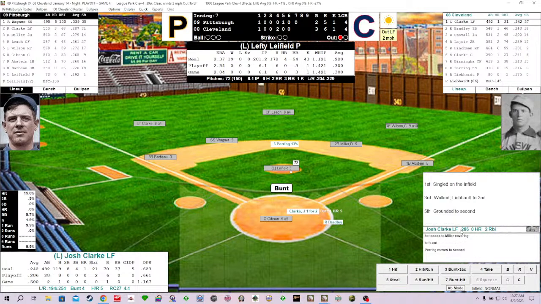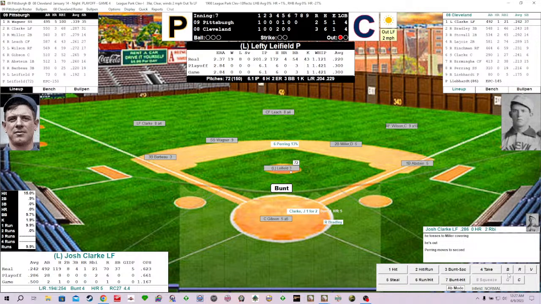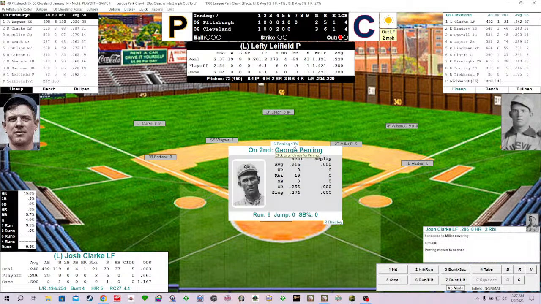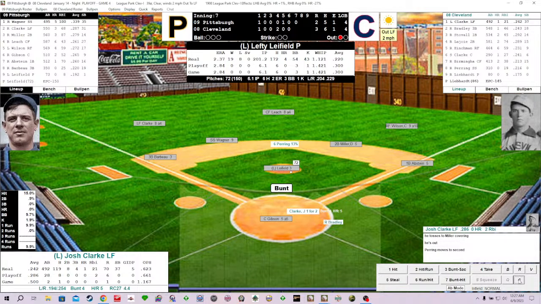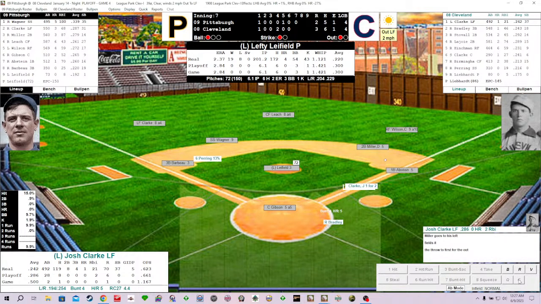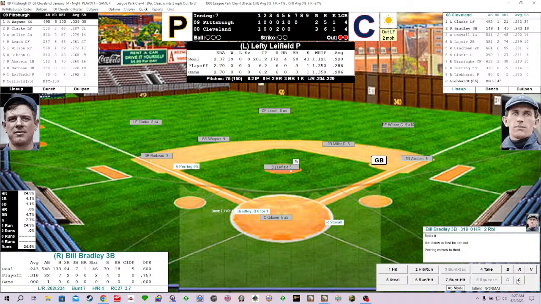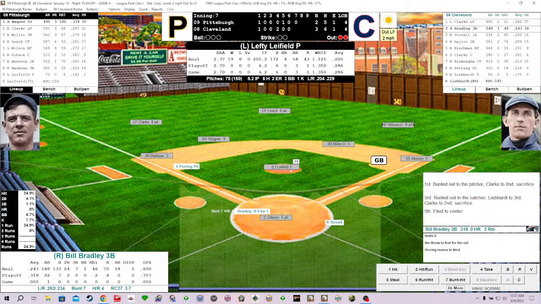We're back at the top of the order for Cleveland. Clark 1 for 2, including a walk, singled back in the first. George Perring, no steals in 1908. Leafield deals the 1-1. Clark, bounding ball to second. Dots Miller fires on to Bill Abstein for the 4-3 putout. And moving to third is George Perring. And here's third baseman Bill Bradley.